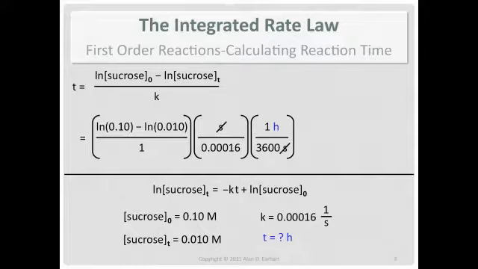Units check, good. When you do the arithmetic on this, be careful on the left there with the natural logs, because you do need to know how to use natural log in your calculator. If you don't know, get help on that. And it's natural log of 0.1 minus the natural log of 0.01, and then all of that divided by the rest of it. So you got to watch your order of operations. And no negative time here. Only positive time. If you have negative time, you put something in wrong. You probably swapped your concentrations.